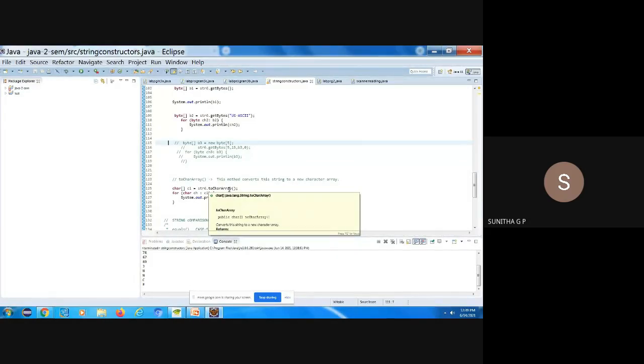Okay, what is the difference between toCharArray and getChars? getChars is only extracting the required length, and also the position of that substring we can fix. Whereas toCharArray is what? Every character of the string it is going to convert, and it is going to create an array of length equal to the string length. Whereas in getChars we don't have that. Only the required substring we can extract and create an array.